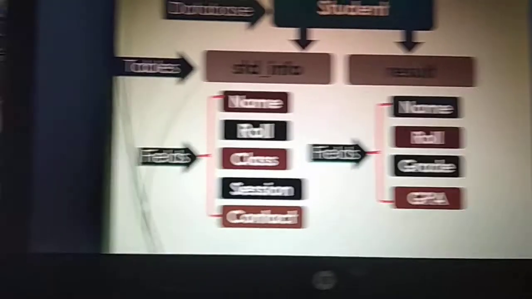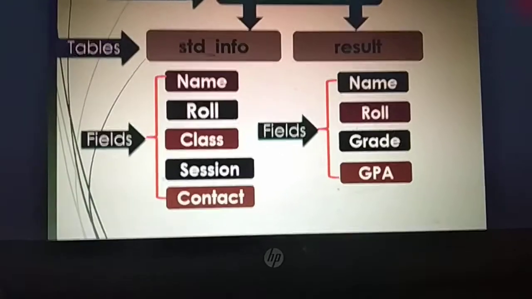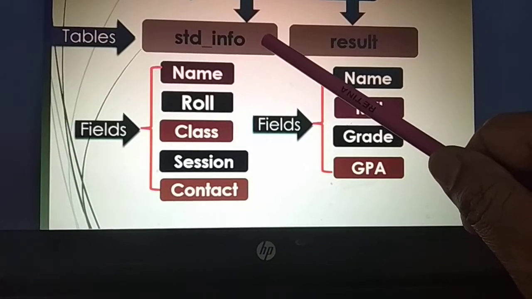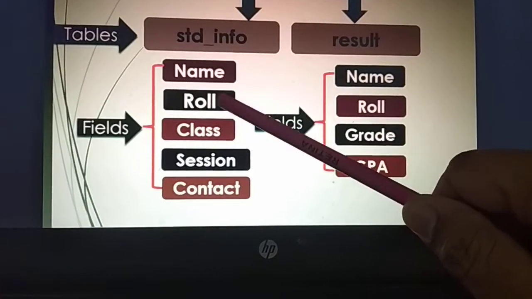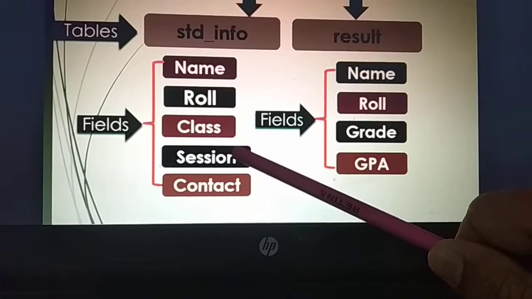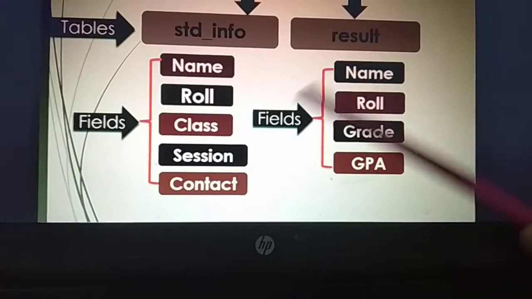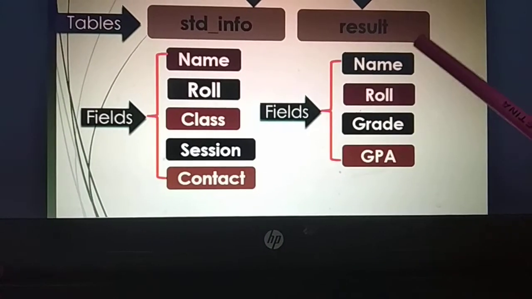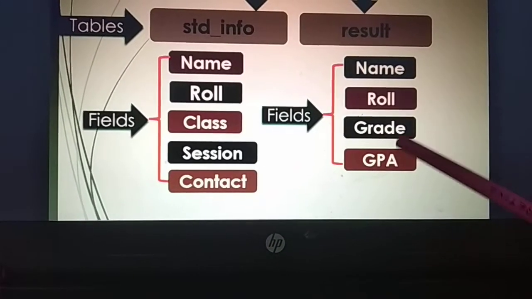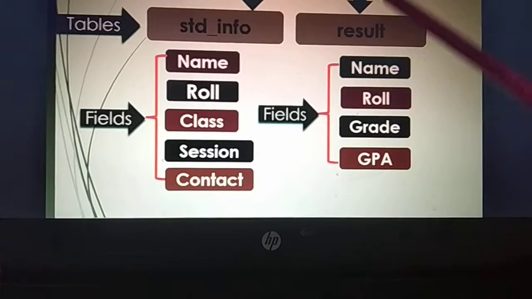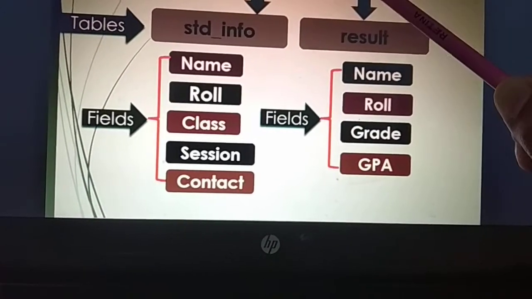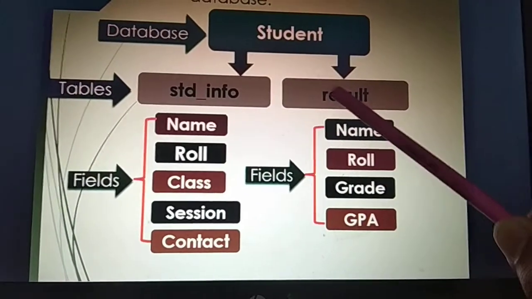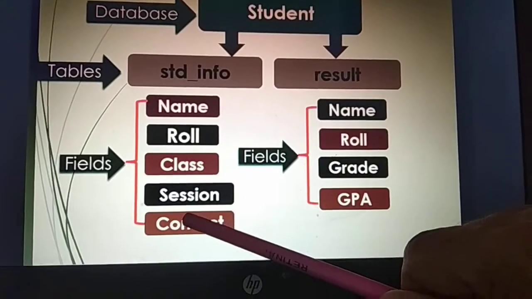And this student information table is designed by many fields like name, roll, class, session and contact. In the same way, this is the result table, and this table has some fields like name, roll, grade and GPA. So all these things make the student database. This is the database, these are the tables and these are the fields.